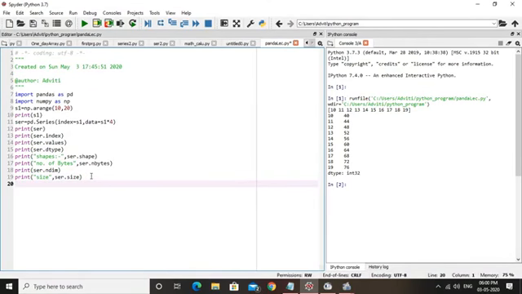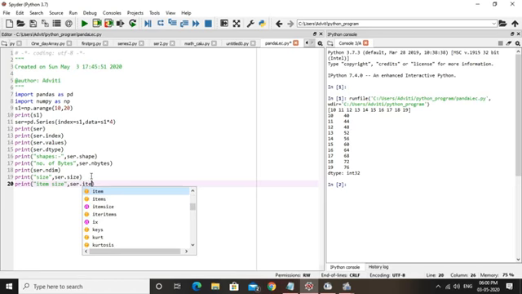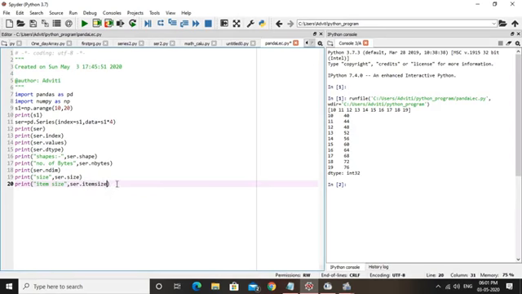We can use another attribute, print itemsize. I'll tell you the difference between size and itemsize.